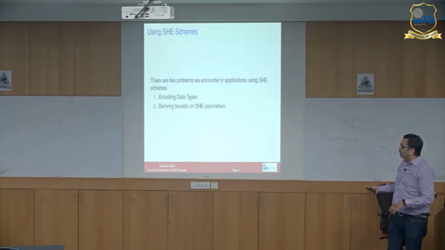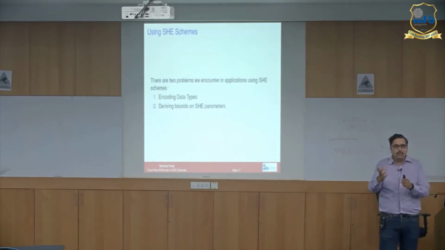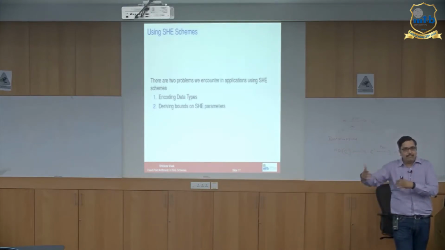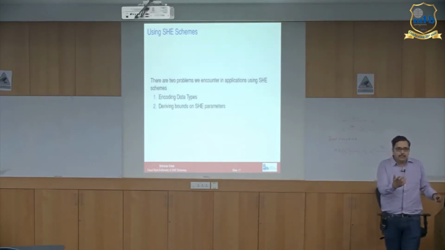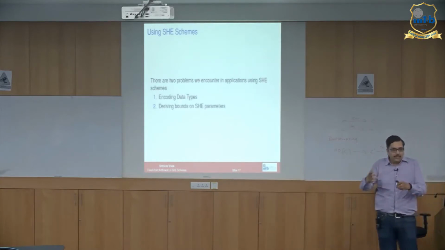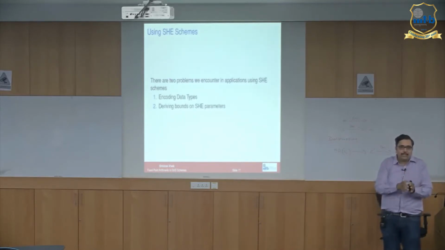And of course, if we have a target application, it will have its own data types, right? And then we should encode those data into the plain text space native for the somewhat homomorphic encryption scheme. Okay, I will get through that. Because when you use, for example, the RSA encryption scheme, your data should be encoded as an integer between, say, 0 and some number n minus 1. Okay, so that's what I mean by encoding data types. You should encode the data from the application into the native plain text space of the homomorphic encryption scheme,